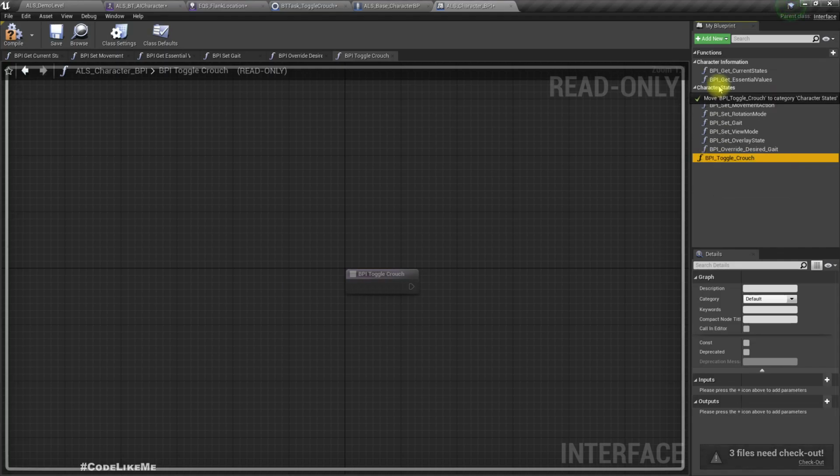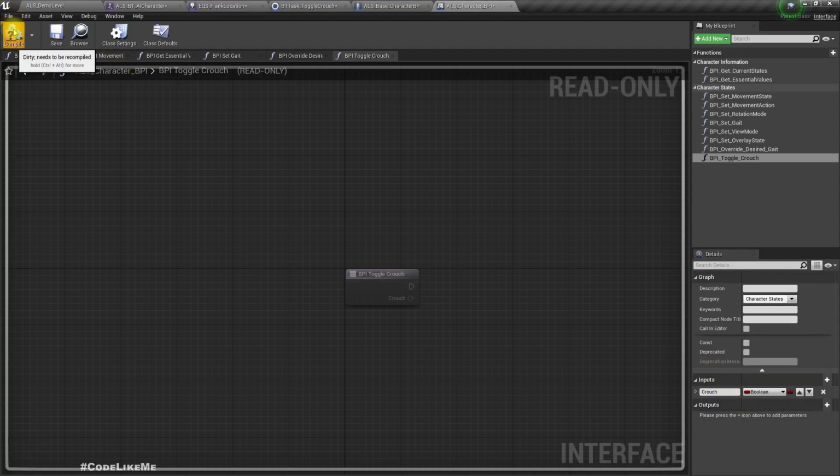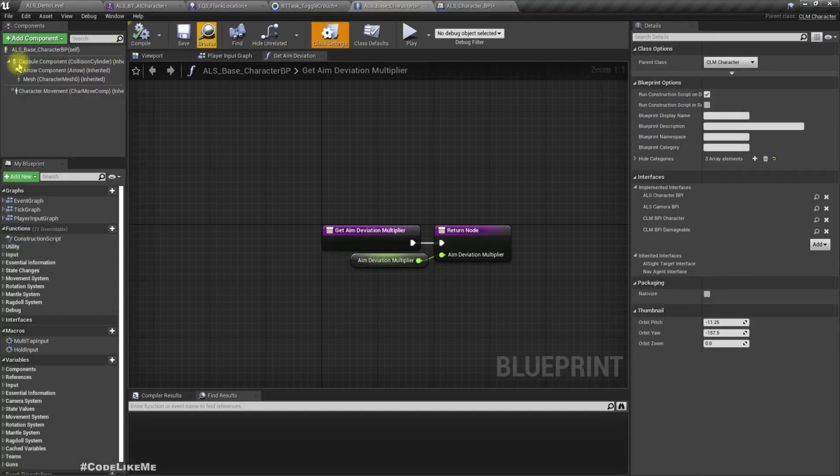I'll put it under character states, and let's set a boolean. So if this is false, the character should go out of crouch, or if true, the character should crouch. Or in the base character,